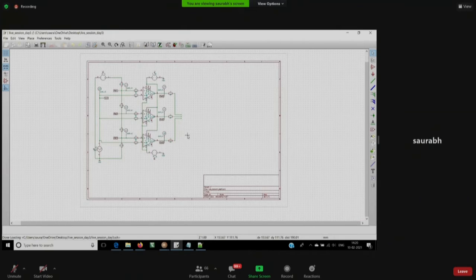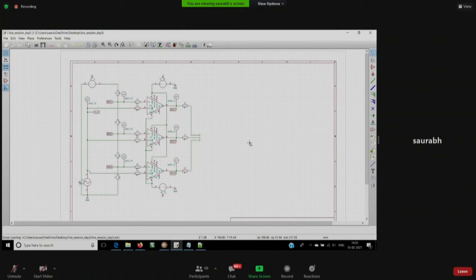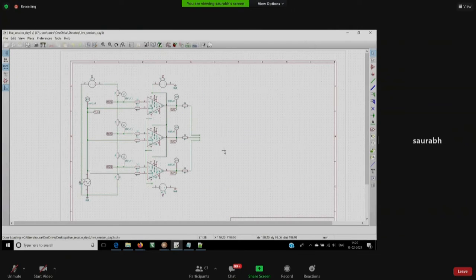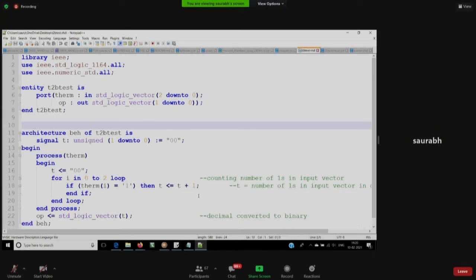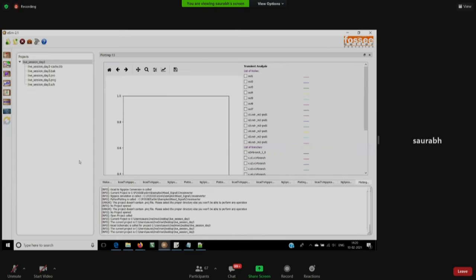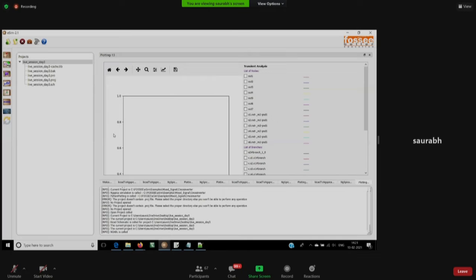Now the next step in the process is that we have to upload this VHDL file, the digital block that we want to add in front of this, so that we get the desired output. We want to convert these 3 values into a binary code. In order to do that, we have to upload this file. The steps that you have to follow: open the NGHDL window.